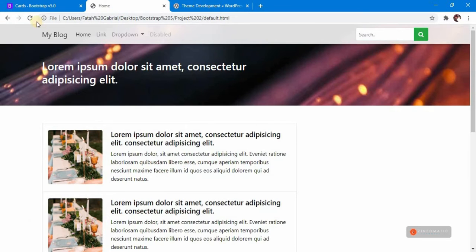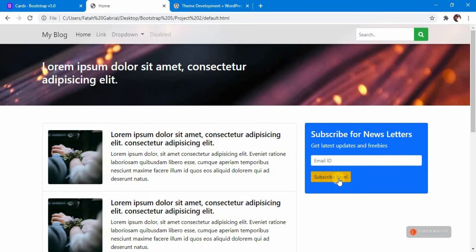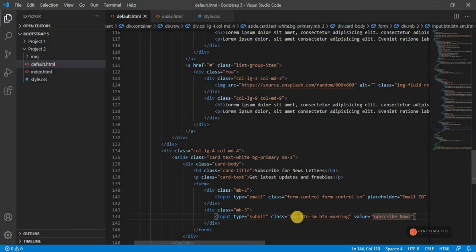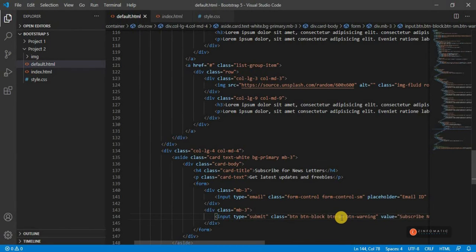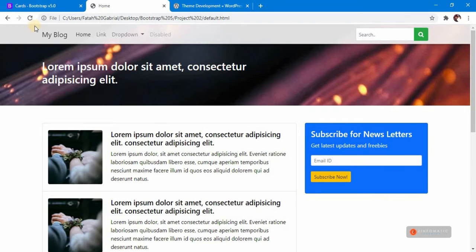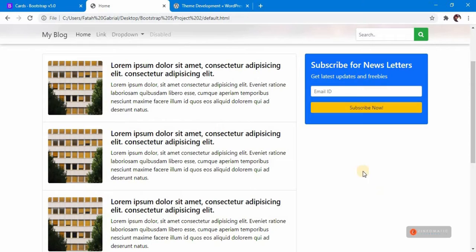If I get to my browser and hit refresh, you can see that we have subscribe for newsletters and the email ID. Okay, we need to make it full width, so I'm going to call this as btn-block. Save that. Let's get back over here. Let's hit refresh. Okay, so we have this thing,